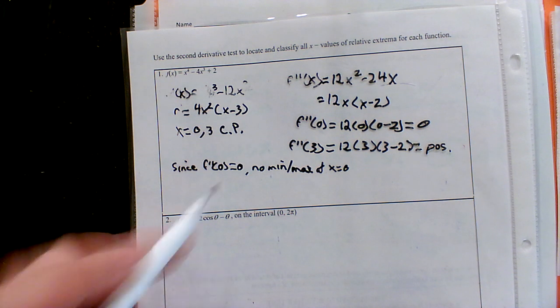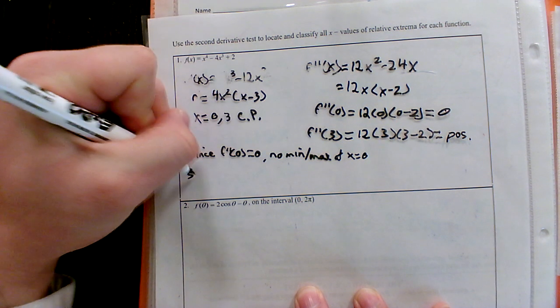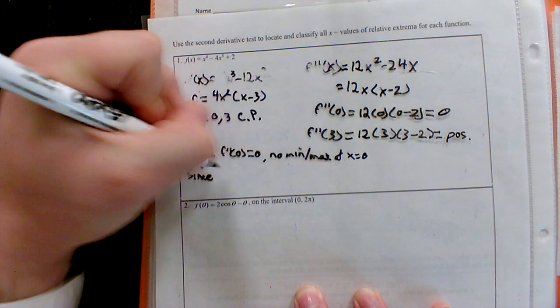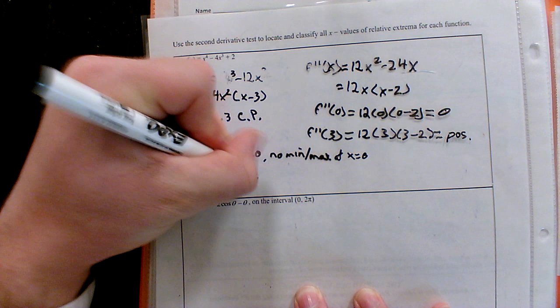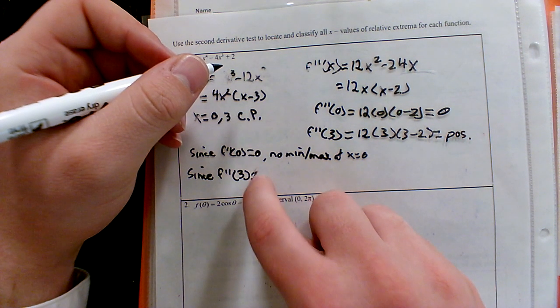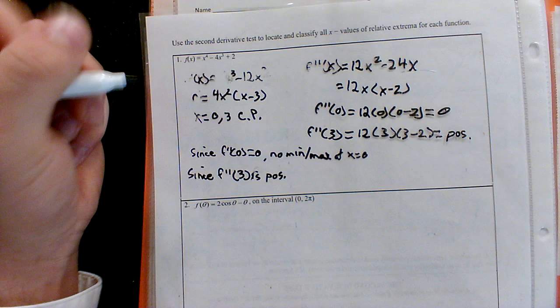Since f double prime of 0 was equal to 0, there's no min or max at 0. Secondly, since f double prime of 3, well, we'll not put equals, is positive,